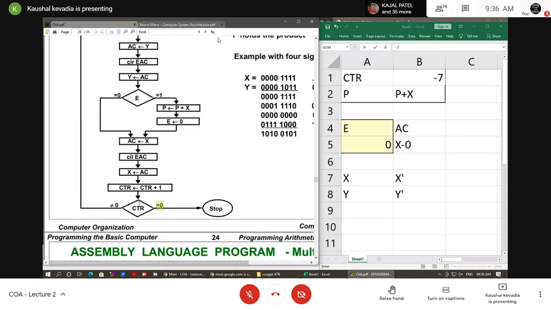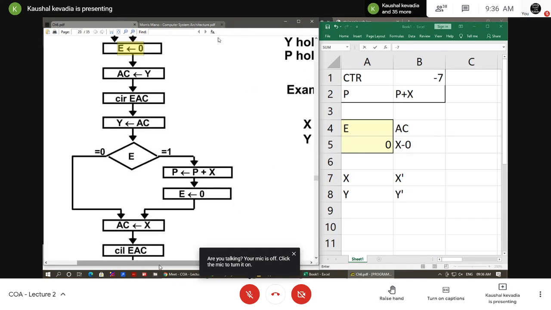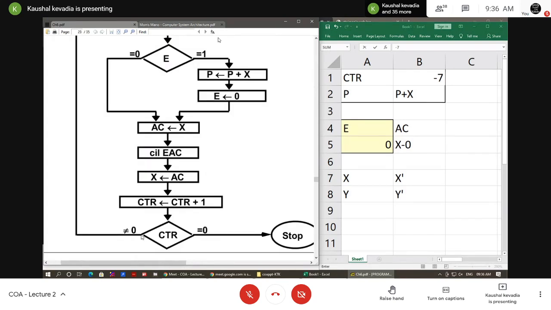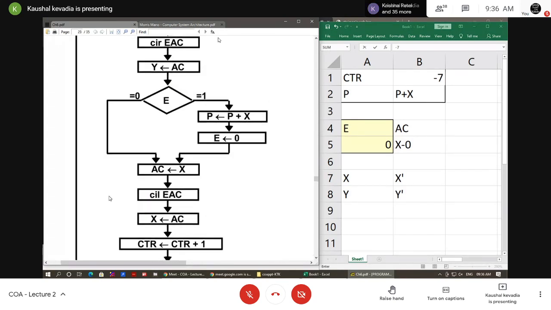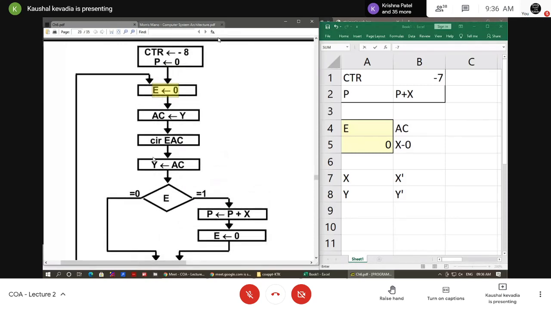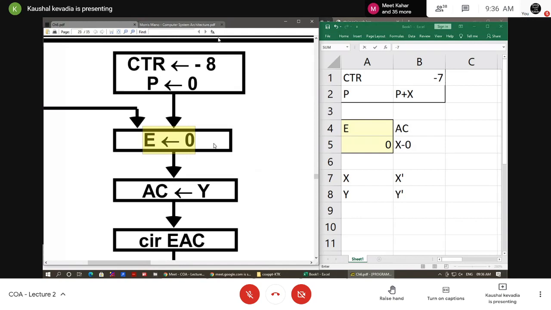So that was my initial point, I have to go there again. What to do there? I have to set the E register to 0 initially again. Okay, after this, if the CTR value is non-zero, I want to go again to the top side here, and again start the procedure from here.